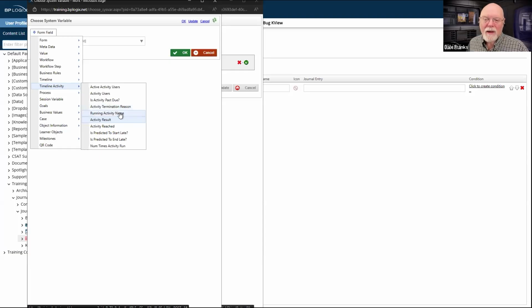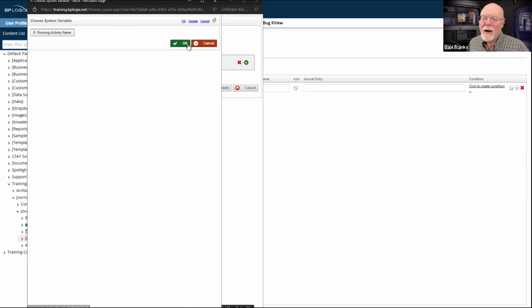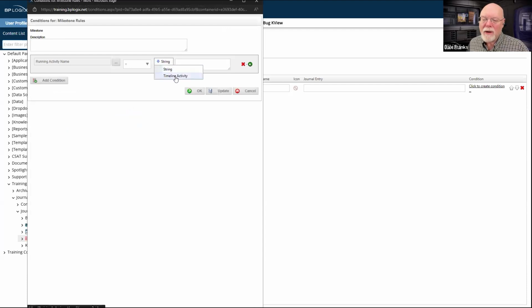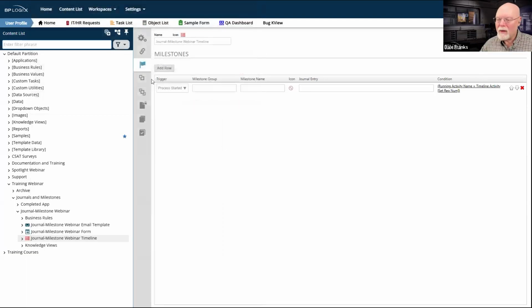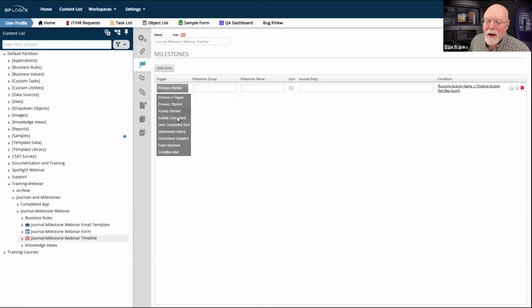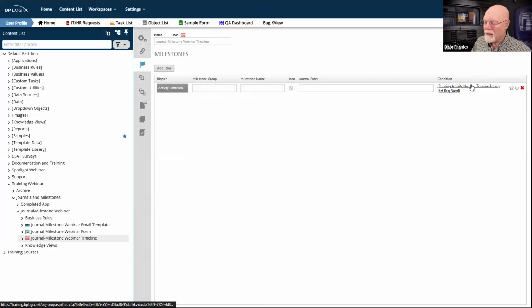So if the running activity name is my set request number, so timeline activity. Oh, there we go. Set rec num. Okay, so I want this to be set to activity completed, and the running activity name has to be set request number.